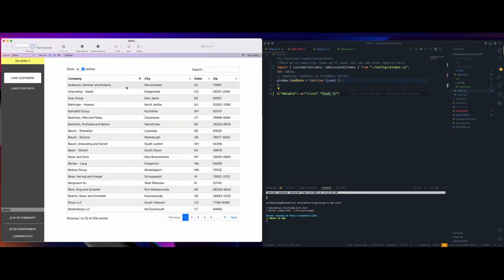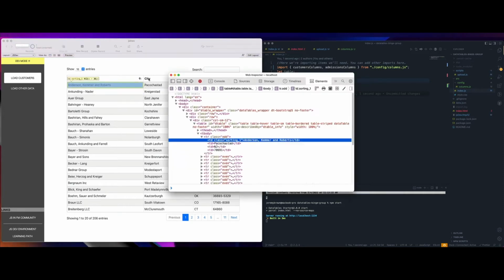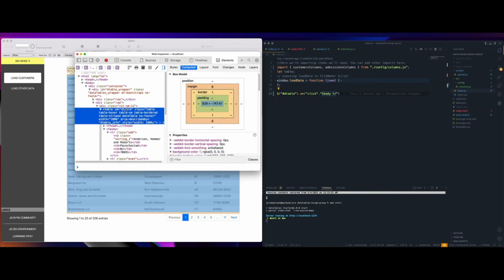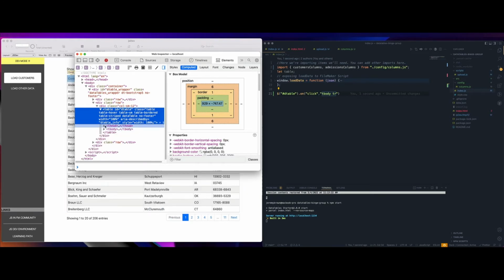Let's look back here quickly at the rendered data table. If I inspect element and I go to the elements, you can see, let's start at the top, I've got a table with an ID of dtable. It's got a thead in it, and it's got a tbody in it. And inside of the body is a row.